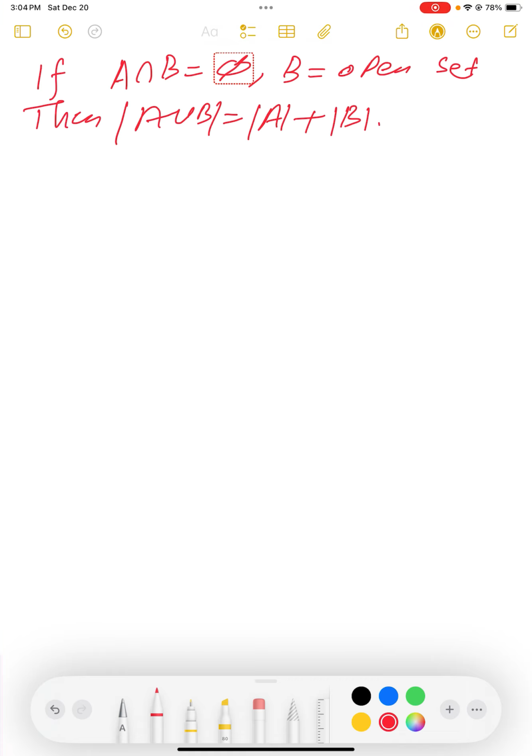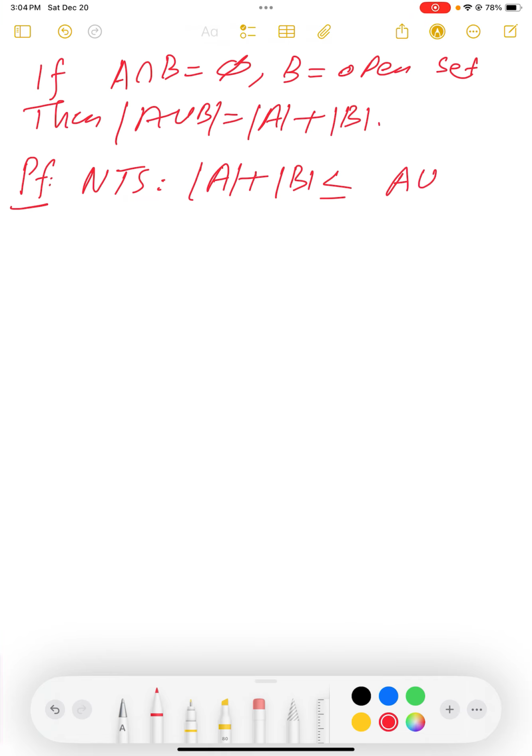So one way is obvious. Proof: definitely, we have the outer measure of A union B is less than or equal to the outer measure of A plus the outer measure of B. So we need to show that the outer measure of A plus the outer measure of B is less than or equal to the outer measure of A union B. And for sure, the measure of A will be finite, otherwise we will have infinity equal to infinity. So if B is open, we know that